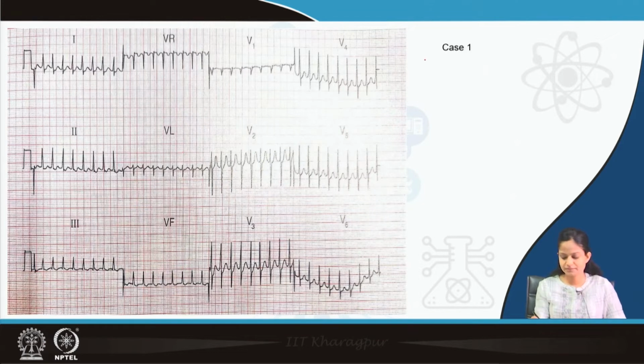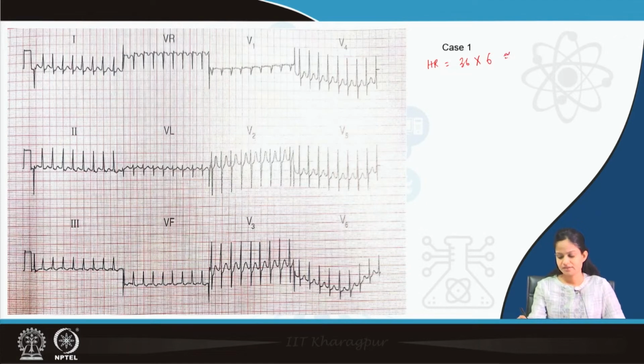So, first we are supposed to take, as per the ECG rule, the rate. Based on this ECG, we are supposed to follow the 10 second rule. So, 1, 2, 3, 4, 5, 6, 7, 8, 9, 10, 11, 12, 13, 14, 15, 16, 17, 18, 19, 20, 21, 22, 23, 24, 25, 26, 27, 28, 29, 30, 31, 32, 33, 34, 35, 36. So, in 10 seconds we have counted 36 beats. We are supposed to multiply it by 6, and it will come around